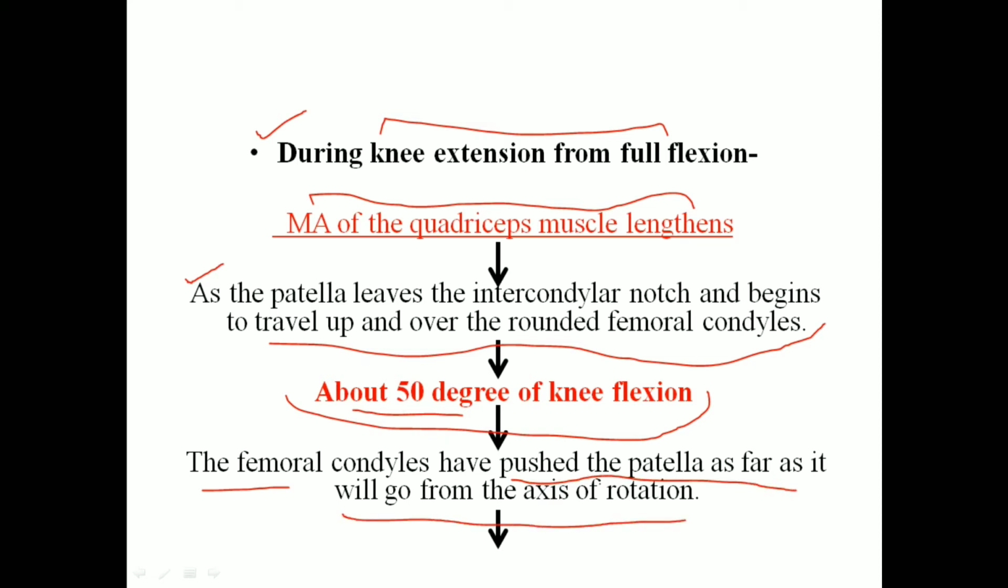When it was full flexion, the patella was inside the notch. As soon as extension started, the patella started to leave the intercondylar notch and it came up. Around 50 degrees towards the extension movement, what happened? The patella came outside, okay, and the femoral condyle pushed the patella outside, which is away from the axis of